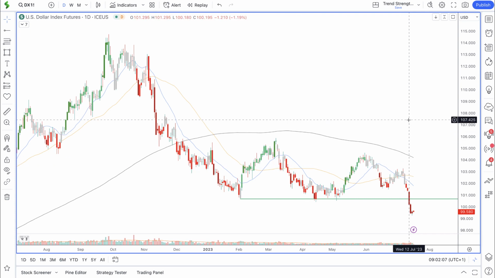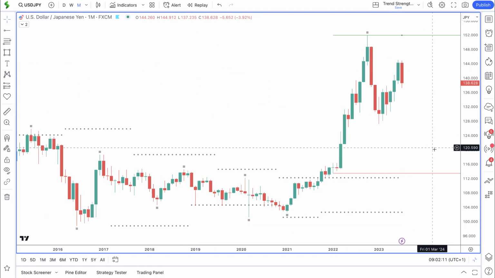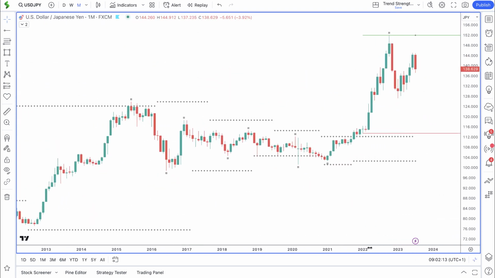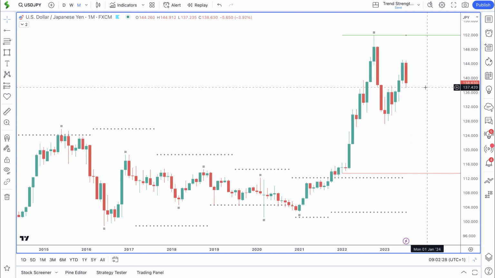So let's have a look at the US dollar Japanese yen. So the US dollar Japanese yen has also been looking bearish for July. We see this bearish candle here. Price has now declined below the low of last month, but there appears to be some buying. So there's a wick below the candle. So maybe price has found support. We will see that clearly on the lower time frame. Price may have found support, and we may start to see a bounce back to the upside because the prior